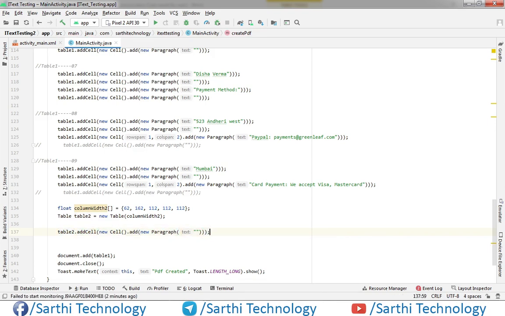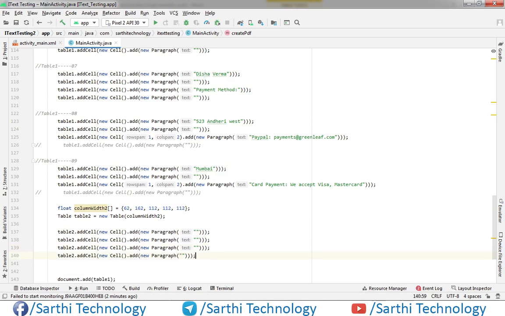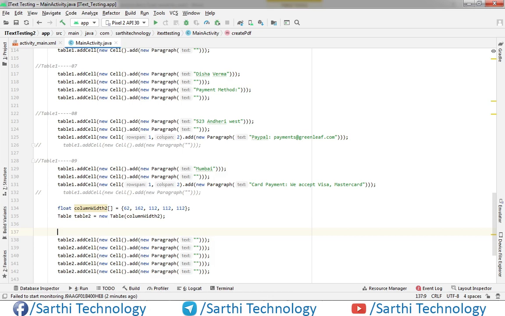We need to create 5 cells for one row, so just paste, and here table 2 0 1.